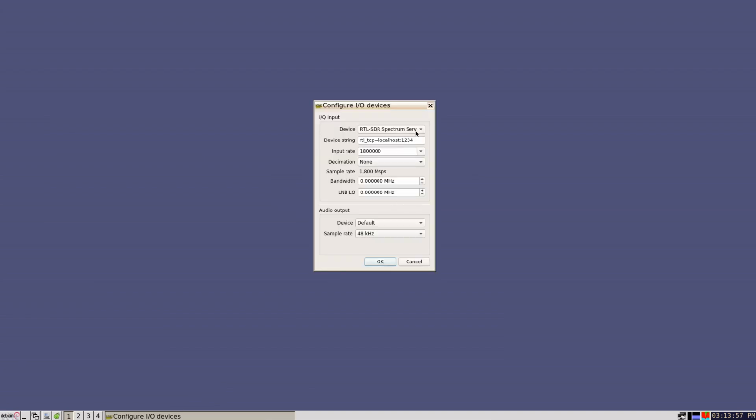Yep, edit settings, Spectrum server. We're just going to hit other here. Oh, no, that won't give you a device string. Oh, look, there's Pluto SDR. That's the Analog Devices new little SDR based on their Agile RF transceiver that I want to play with. Maybe one of you guys can send me one of those so we can get that up and running. I would really like one of those new Pluto SDRs. It's got a transmit too,